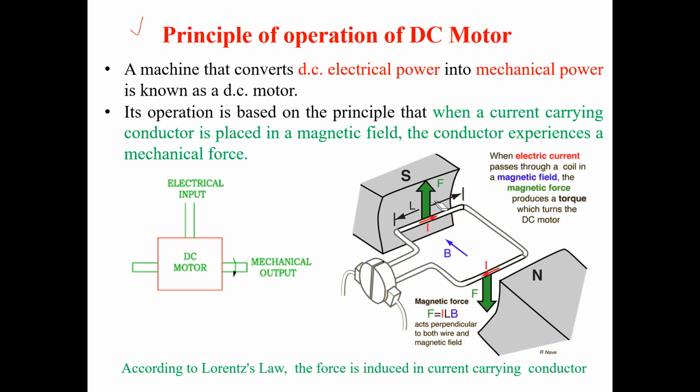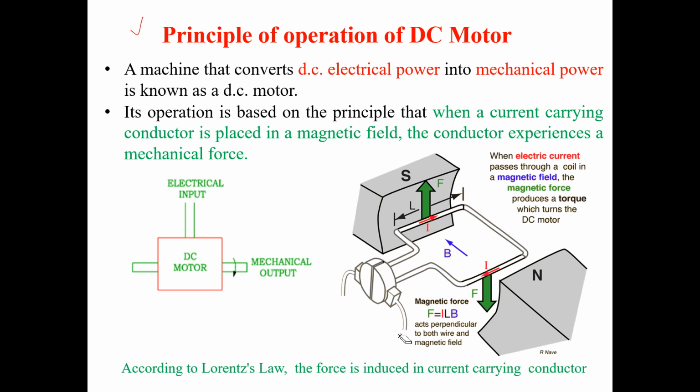Why is force experienced? Because it is north, it is south. Magnetic field lines go from north to south. At that time our field winding is excited, Z and ZZ is excited, and magnetic field lines go from north to south. These lines interact with this conductor.